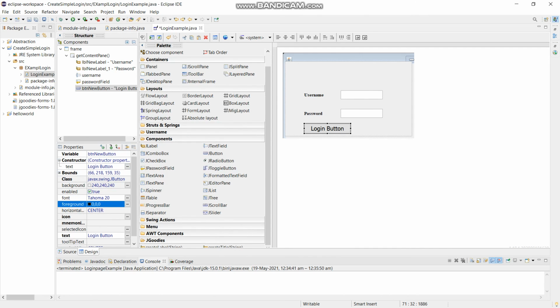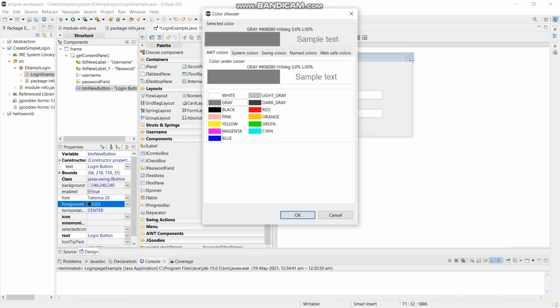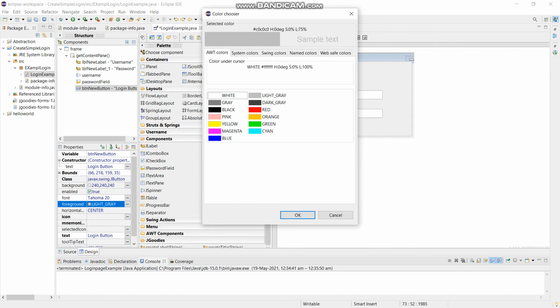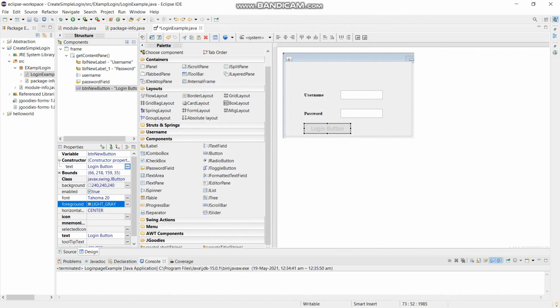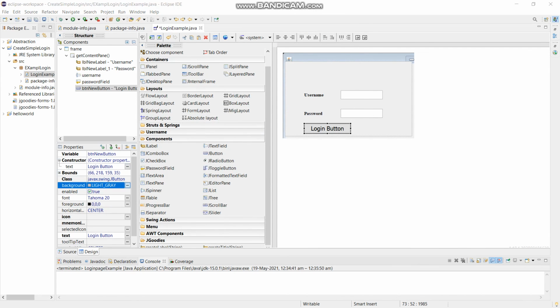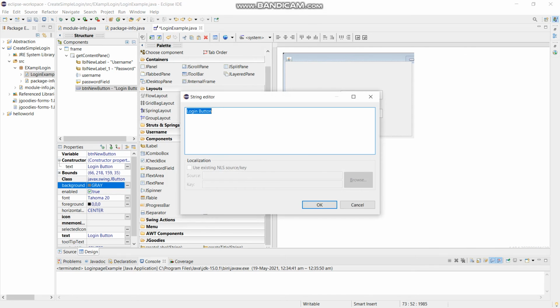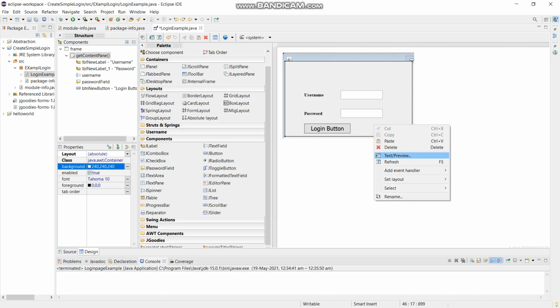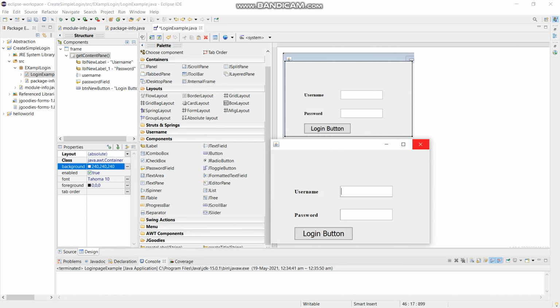And you can change the foreground and the background color. Just watch the video. This is the foreground I am changing. Now what we actually want to change is the background color of the button, because the tray color and the button color are exactly similar. Now I have changed it. So it will look something like this. Now what you have to do is you have to